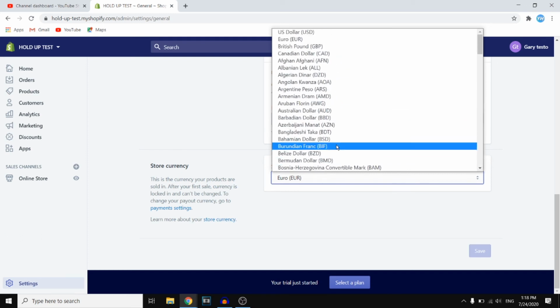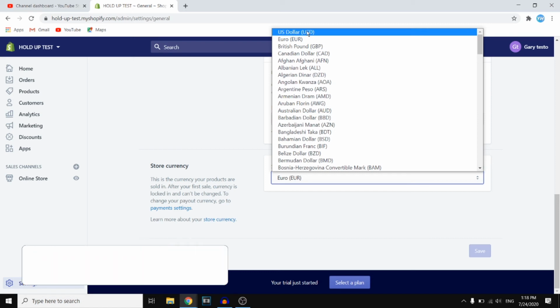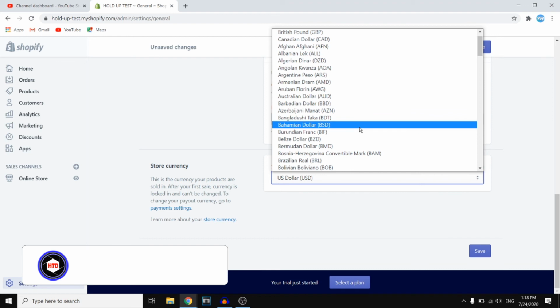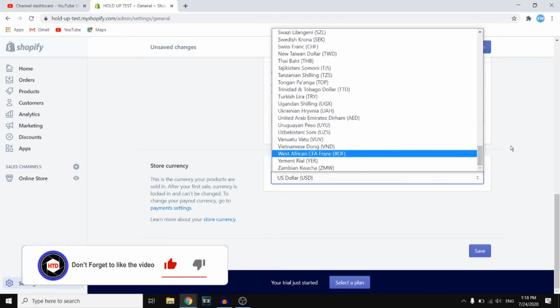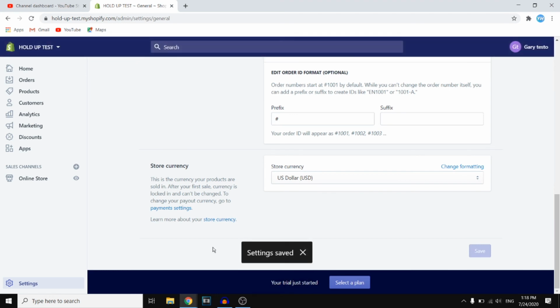For example, if I want to change this from euros to US dollars, I simply choose USD, or British pounds, or Canadian dollars, whatever currency you want to use. Select it and then click on save right there, and there you go. Settings saved, and I just changed the store currency